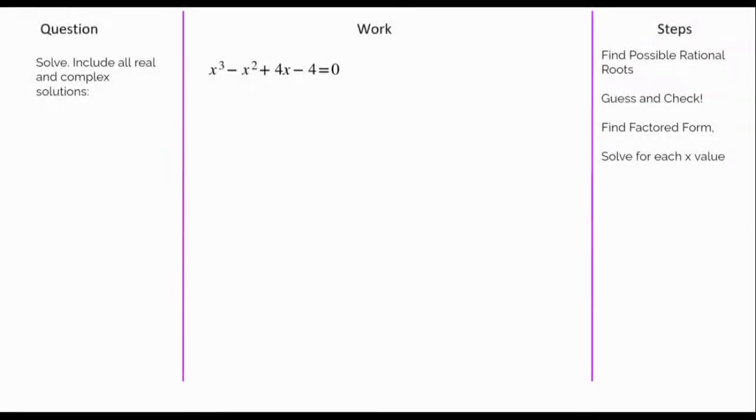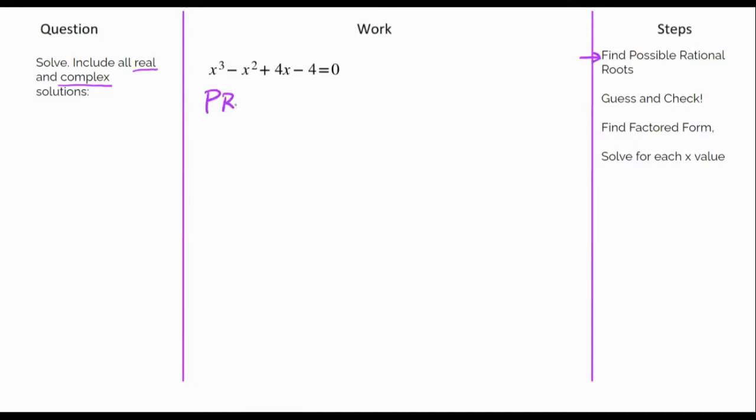Here we're asked to solve for x, find the roots, find the zeros, find the x-intercepts. All of those things mean the same thing, but we're actually looking for all real and complex solutions. So as we go through here, the first thing that we want to do is look for our possible rational